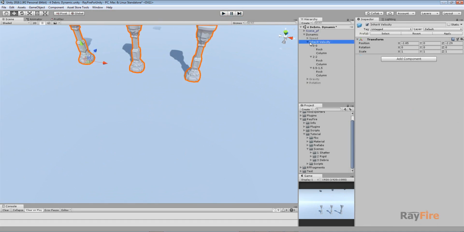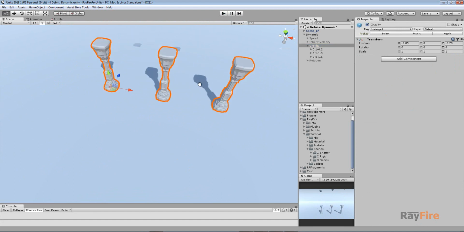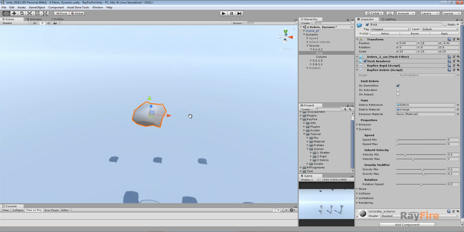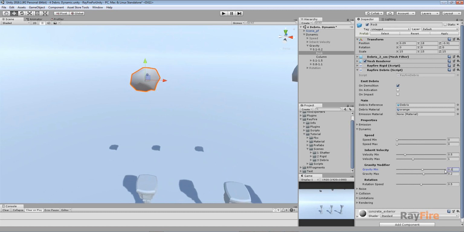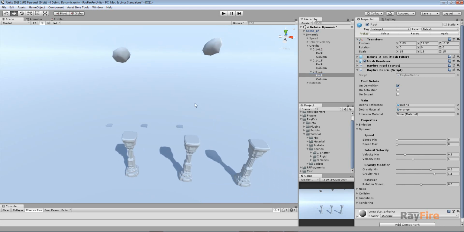The next group of properties is pretty straightforward. It's gravity. And this is a multiplier for physics gravity. So again, you can set minimum and maximum value. In the first example, I'm using a multiplier value of 0.1 to 0.2. In the next example, I'm using 0.1 to 0.5, which means that some particles will have low gravity and some particles will have big gravity. And the last example shows you the average